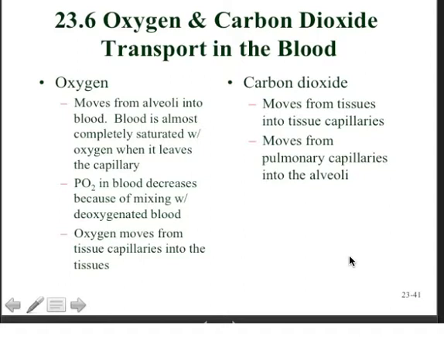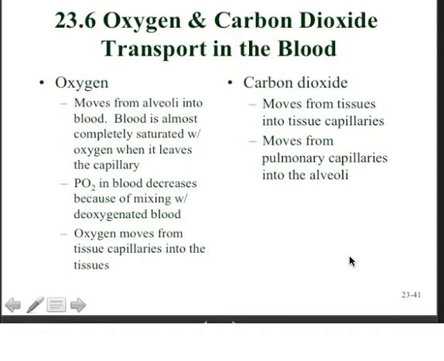As a result, oxygen moves from the tissue capillaries into the tissues when we're at the systemic end of the circuit. Carbon dioxide moves from the tissues into the tissue capillaries and moves from the pulmonary capillaries into the alveoli. And the reason for this, again, in systemic tissue is that CO2 production is rather high owing to the fact that metabolism is going on, and the end products of metabolism include carbon dioxide, water, and of course heat, and that also